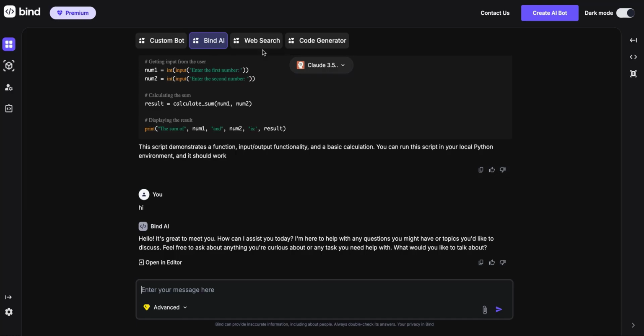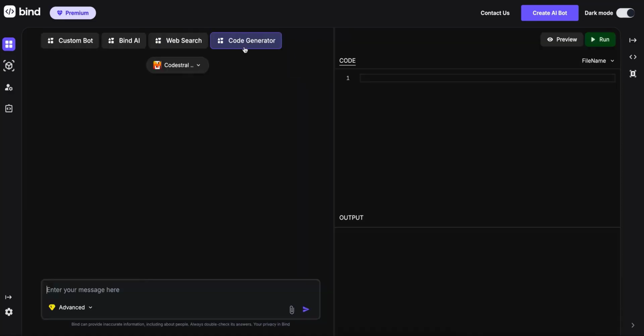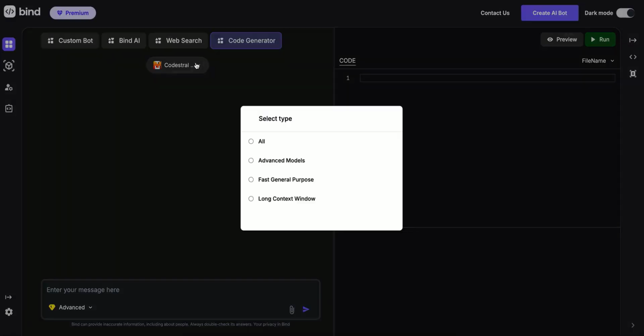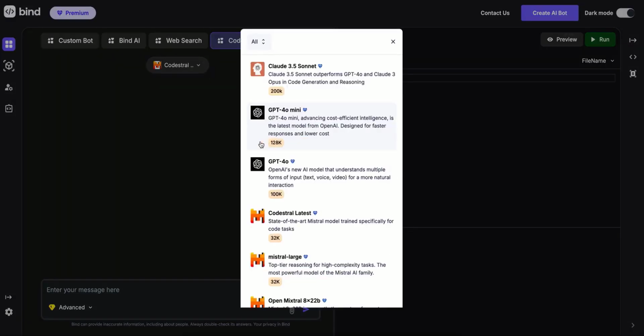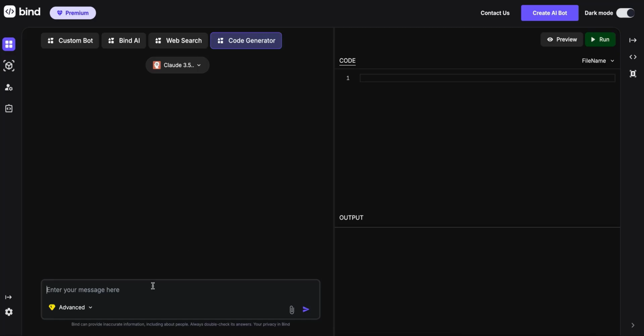These are different AI agents or applications which allow you to do specific tasks. Let's pick Code Generator. This is a dedicated experience for generating code. You can select any advanced models available. So let's pick Claude 3.5 Sonnet, and you can ask it to generate code,